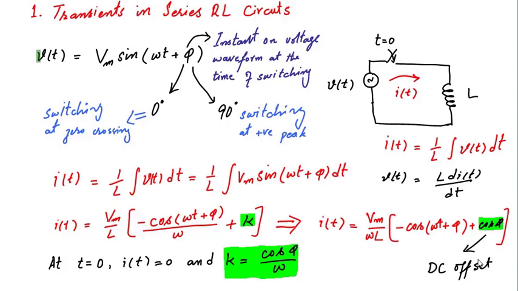So cos 90 is equal to 0, so that's why there was no DC offset. Here exactly our previous discussion based upon the waveform is in accordance with its mathematical model. So this cos phi factor describes the DC offset.